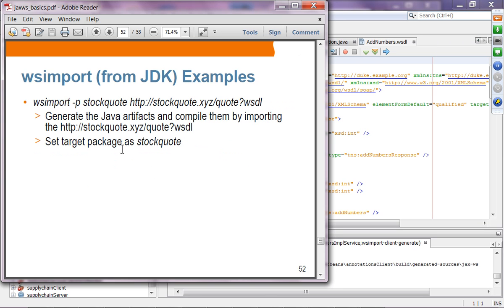Okay, so this is an example. Here I say wsimport -p, that is the package that you want to create. So we have a single package called the stock code. And then this is the WSDL. It generates Java artifacts and compiles them by importing the WSDL. And again, this is for creating